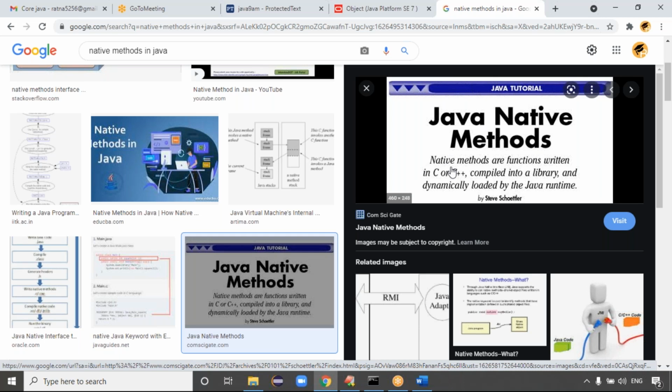In my previous project, there was the circuit CLI team. One team is the circuit designing team, CLI. They wrote C language code in Java while designing the processor implementations and all. Native methods are functions written in C, C++.